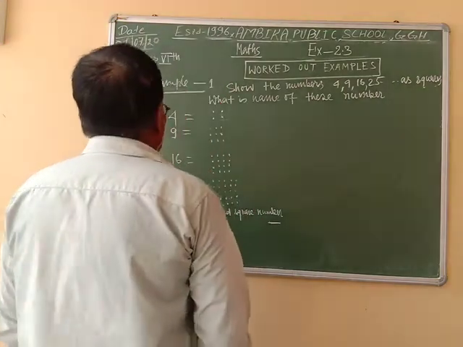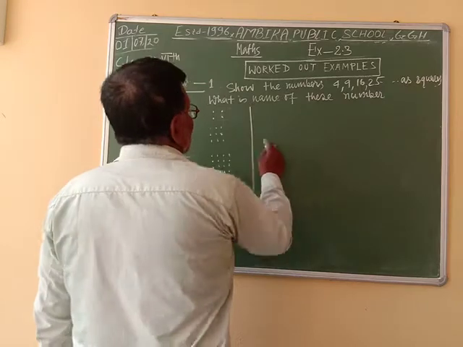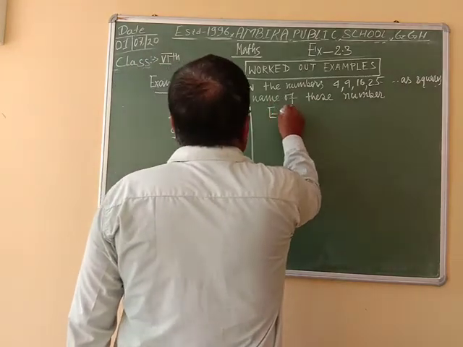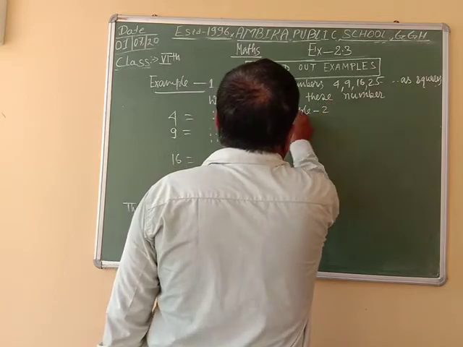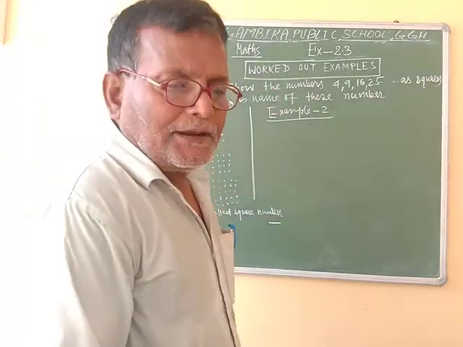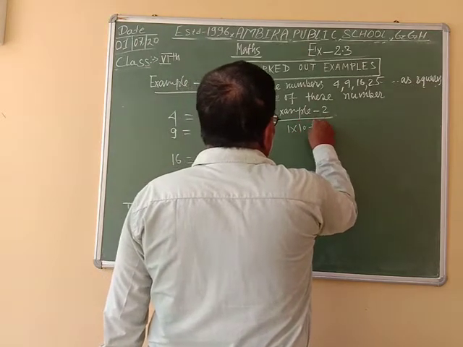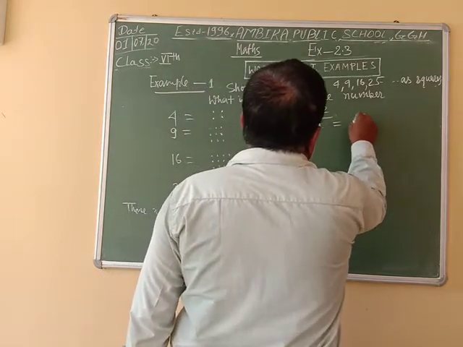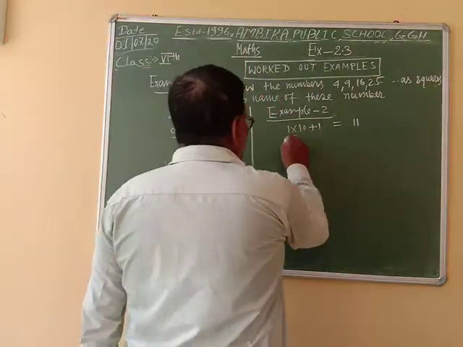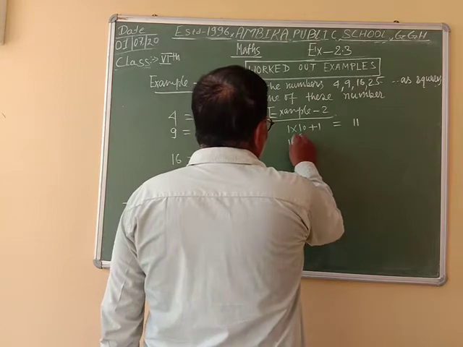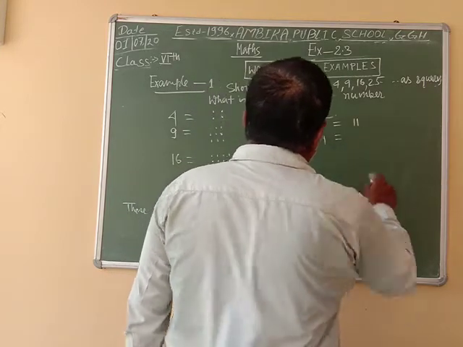The pattern is 1 into 10. 1 into 10 plus 1 is equal to 11. It is given. Similarly, 1 into 100, 1 into 100 plus 1 is equal to